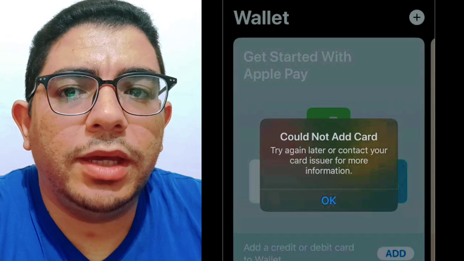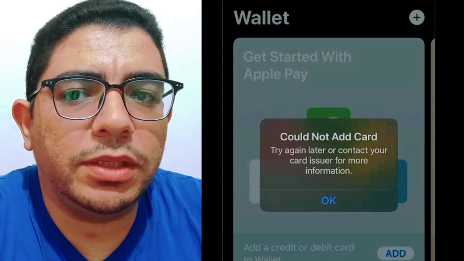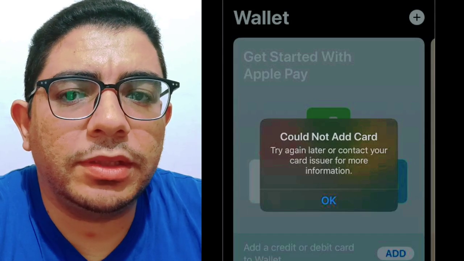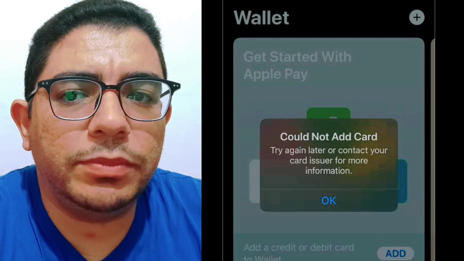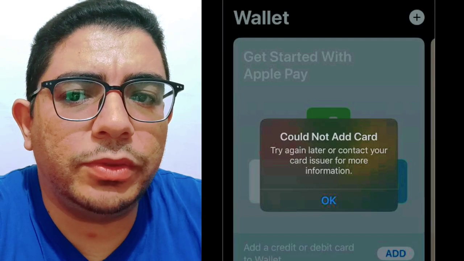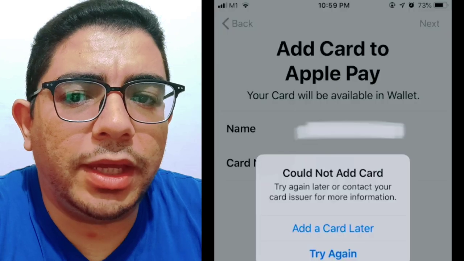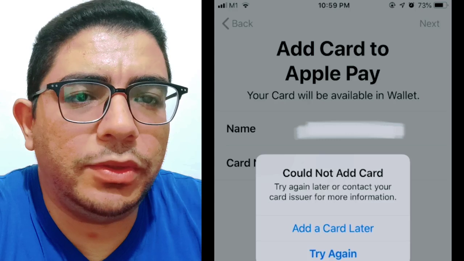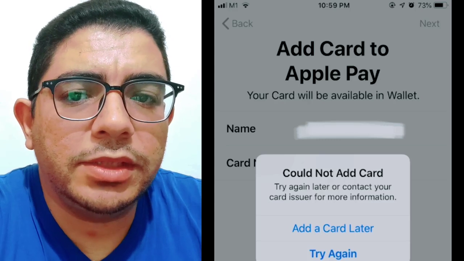Today we talk about how to fix issues in adding Chime Card to Apple Pay. In case you encounter difficulties while attempting to add your Chime debit card to Apple Pay and receive an error message like "couldn't add card, try again later," the following troubleshooting method may be useful to diagnose whether the issue is specific to your Chime card or related